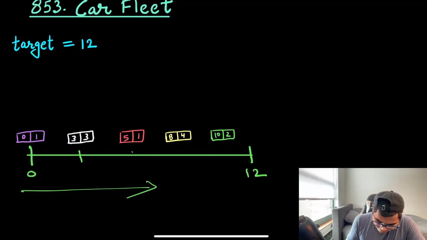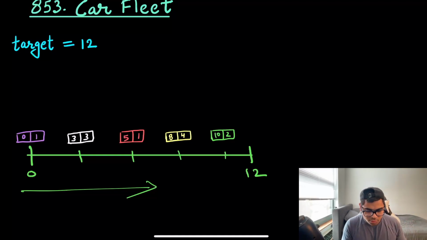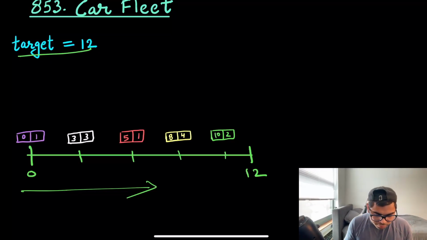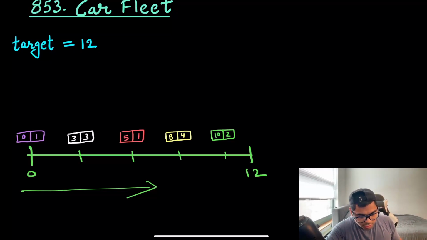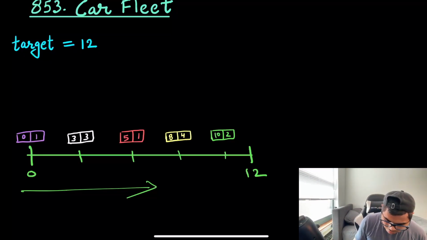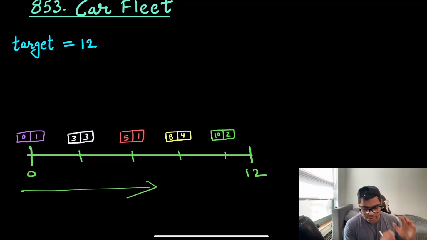So if you see, this is my target. My target is 12 right here. So what I'll see is I need to calculate the time for each of these cars to reach my target, right? And then based on that time, I will go from, because in this position, if you see, the track is really small. Any car that comes from behind has to stop and go with the slower speed, right? And in the final moment when they are all finishing, we need to basically check how many fleets arrived at the